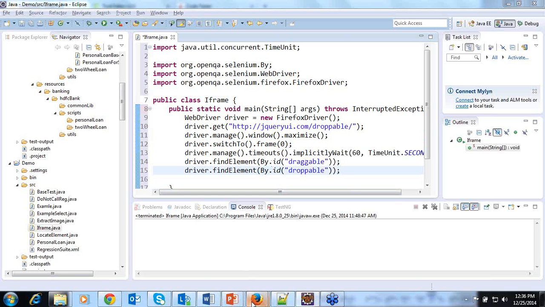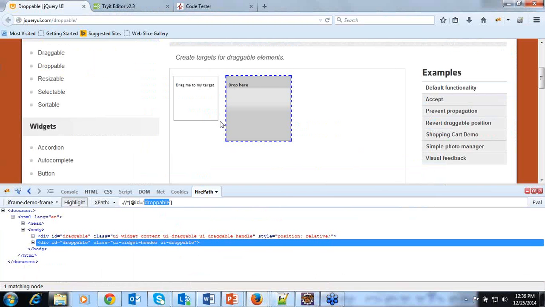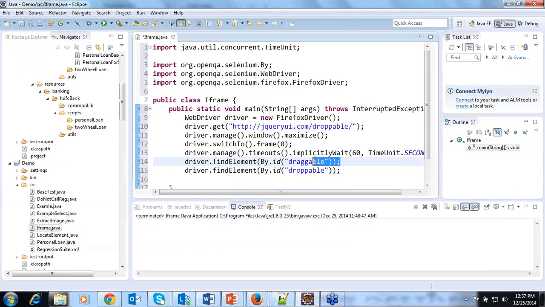Now what I actually want to script is, I want to drag this element and drop it on another element. So this is what I wanted to automate. So let us try to do this scripting as well, so that it drops the first element onto the second element. To do this, I will use first driver dot find element by ID, that is draggable, and I will assign it to a variable called drag element.